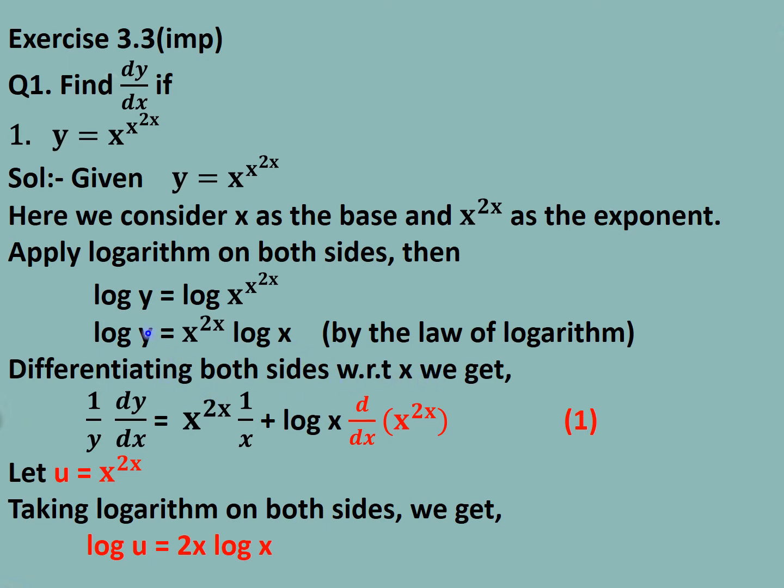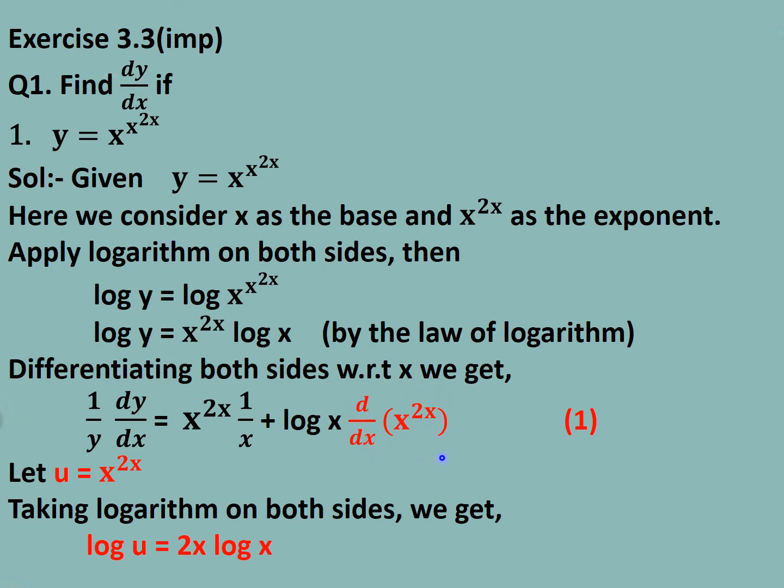We know when we differentiate log of y, it will be 1 by y dy by dx, which is equal to, here the product rule we have to apply, the uv rule. U into derivative of v, that means derivative of log x is 1 upon x, plus second, that is v into derivative of first, that means derivative of x raised to 2x. See, x raised to 2x is again an exponential form. So we have to apply the logarithm again here before finding this derivative.